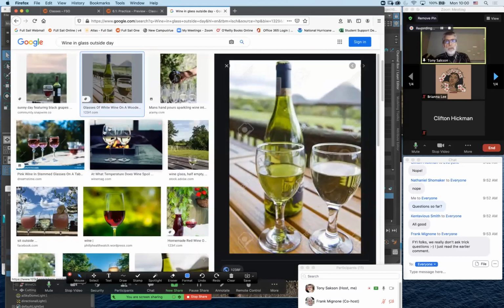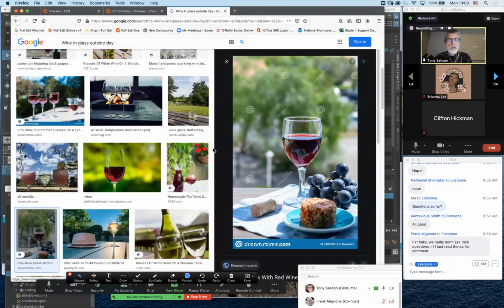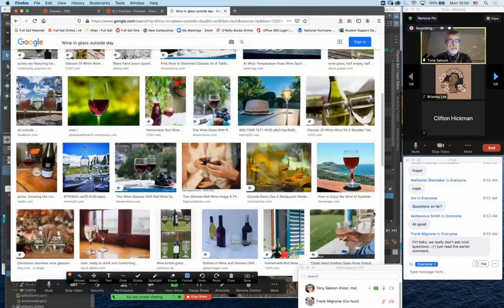Anything that looks CG, avoid like the plague. You want photo reference. So not bad, little bit on the dark side. Now,